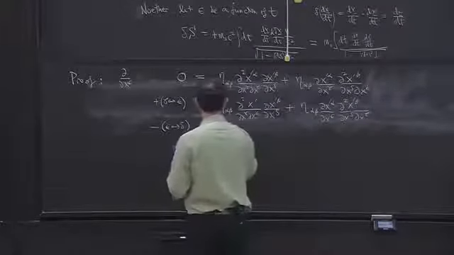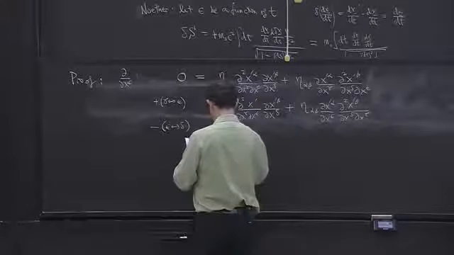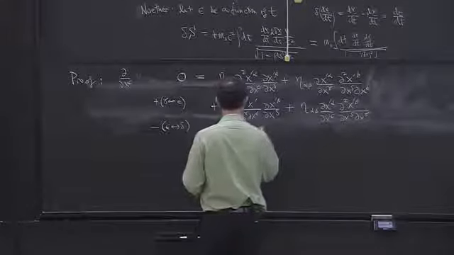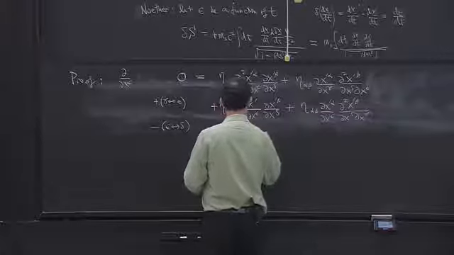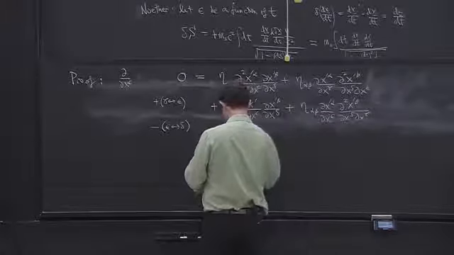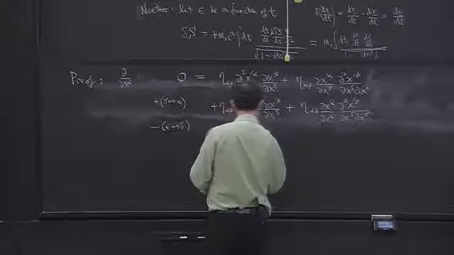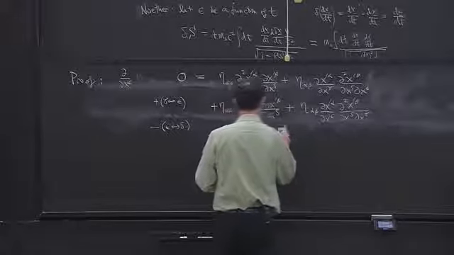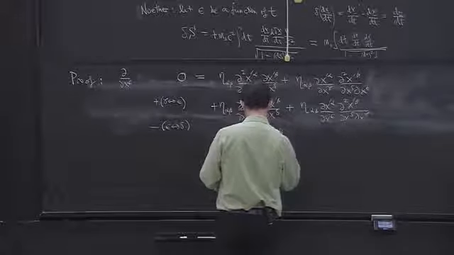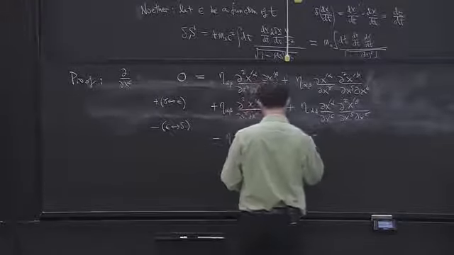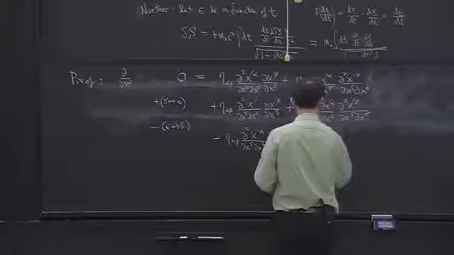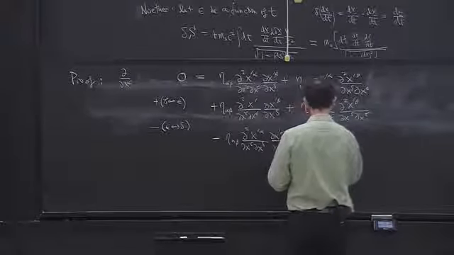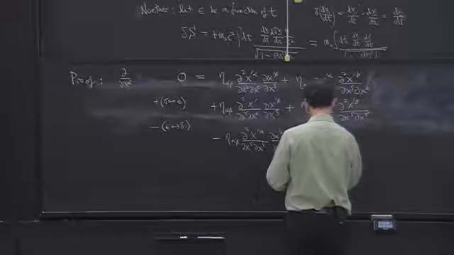And so now I'm going to get minus eta alpha beta d2 x prime alpha dx gamma dx delta dx prime beta dx epsilon minus eta alpha beta dx prime gamma